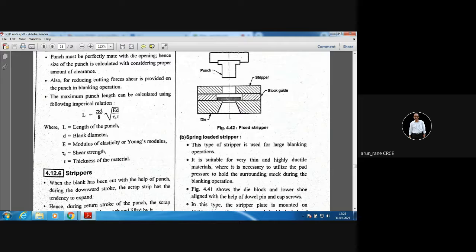Now suppose the strip thickness is 3 mm and the strip guide thickness is 5 mm, so there is a clearance of 2 mm. So there is a chance of lifting this strip, but the strip will lift only 2 mm up. There is a clearance of 2 mm, so it is not dangerous because there is a stripper from the top. So there are no chances of an accident. And remember, this strip is fixed to this die block with the help of the Allen cap screws.